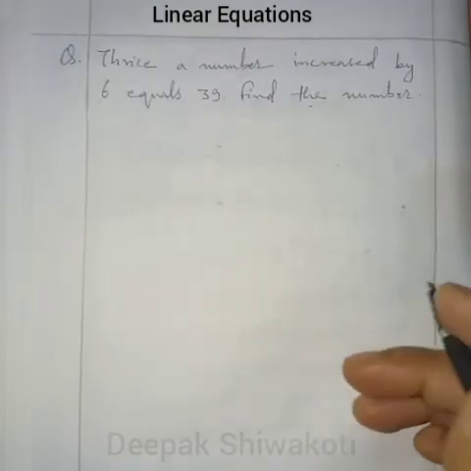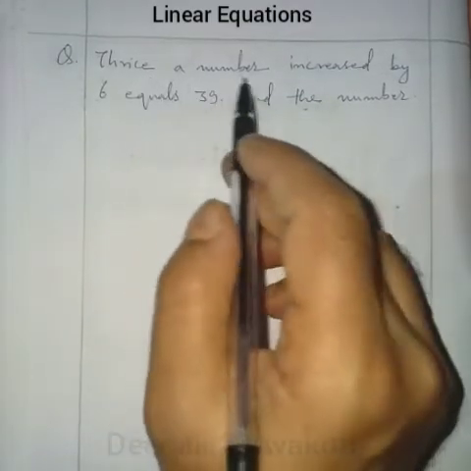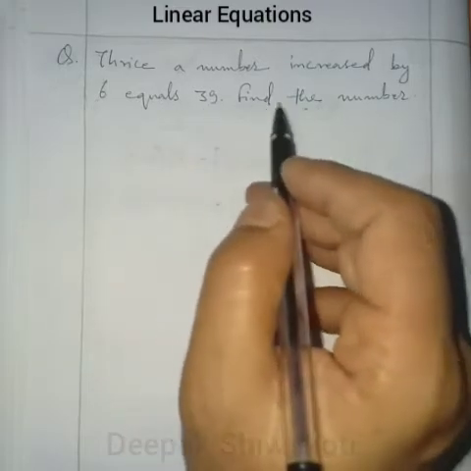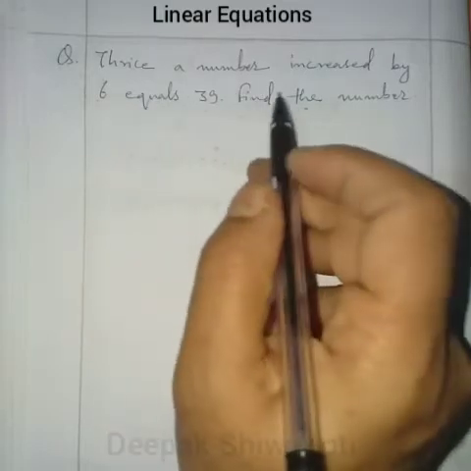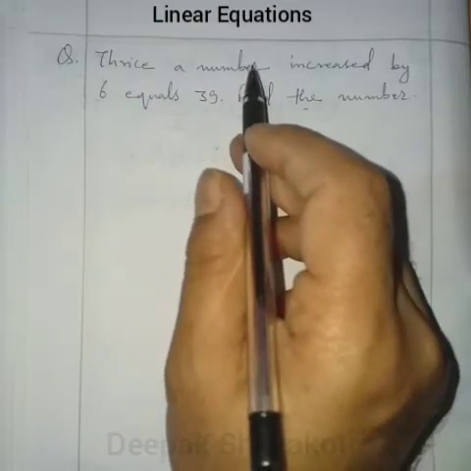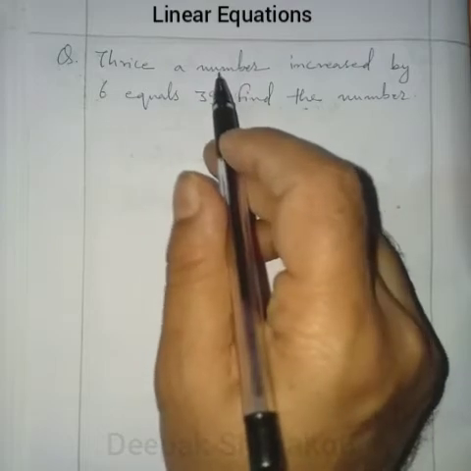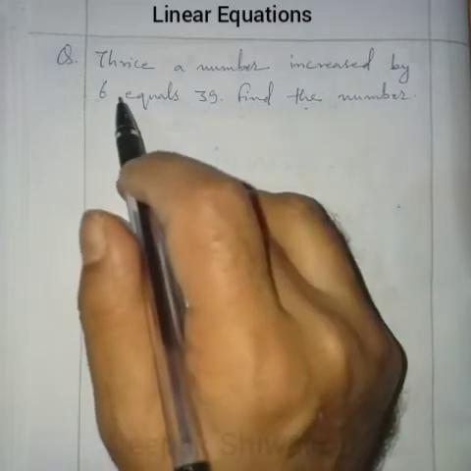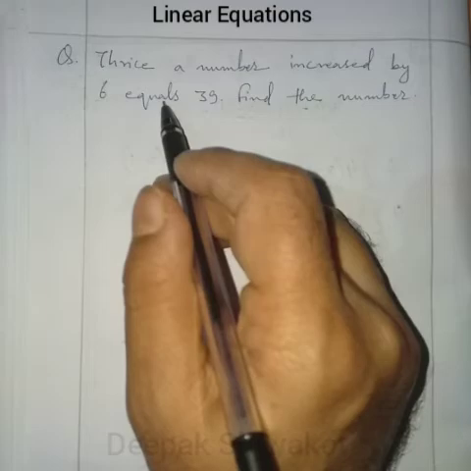So this is a word problem from the linear equation chapter. Thrice a number increased by 6 equals 39. Find the number. Okay, so here we have to understand thrice a number. So let that number be x. Okay, thrice a number means 3x. Increased means plus by 6. We have to add here 3x plus 6 equals, means equal to